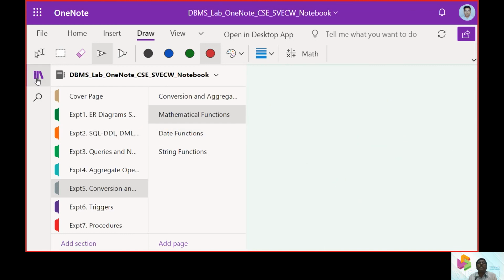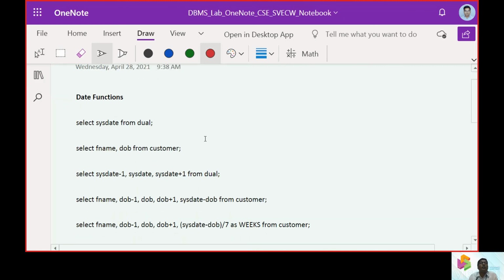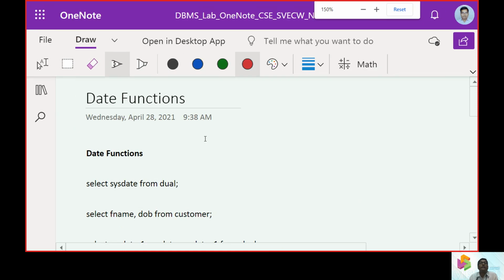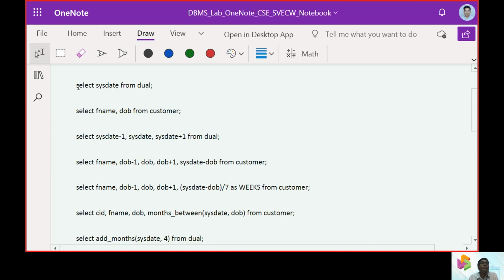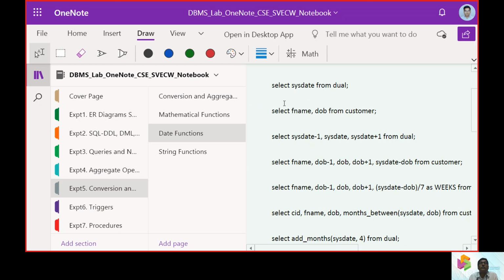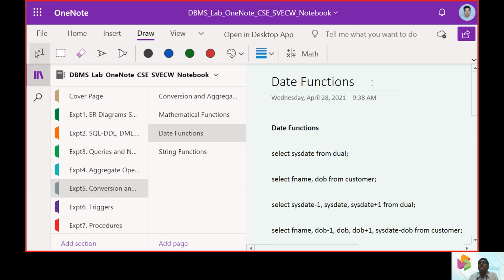Next comes the interesting part, that is working with the date functions. So we have to understand what the present date of the system is where we are going to work. For that we can use this date and time function. Let us bring this back to our work area for understanding. So, date function.